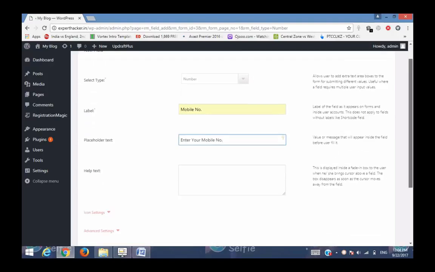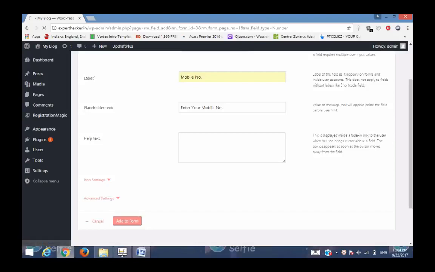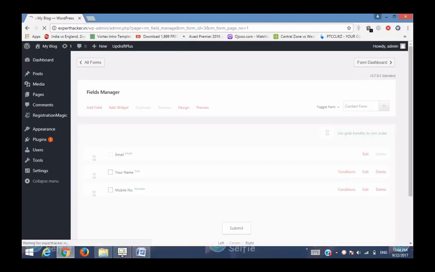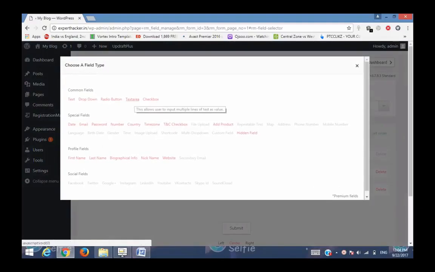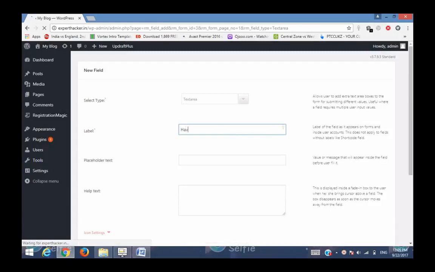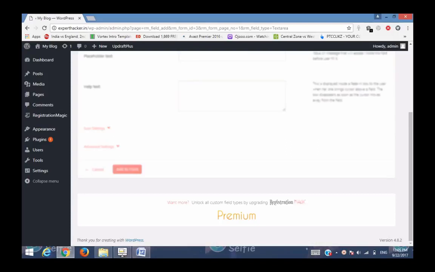Now click on Add to Form. And finally, I want to add a text area that will be used for the query of users. So just click on it and put I have a question. Click on Add to Form.